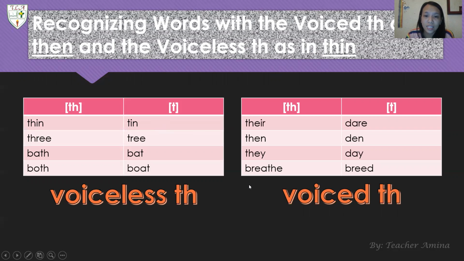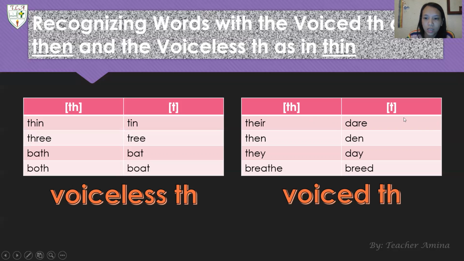For the voiced TH as in then, you read it as there. Notice my tongue or my mouth when I'm reading the words. There, then, they, breathe. You are still biting your tongue, but the TH sounds more like the sound of D. The, there, then, they, breathe.